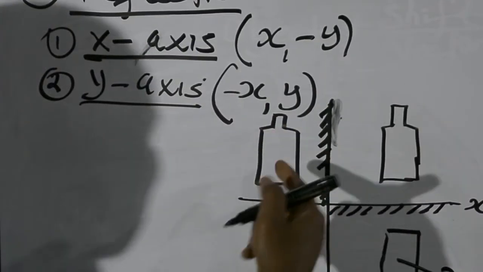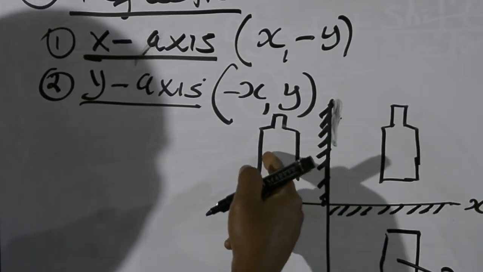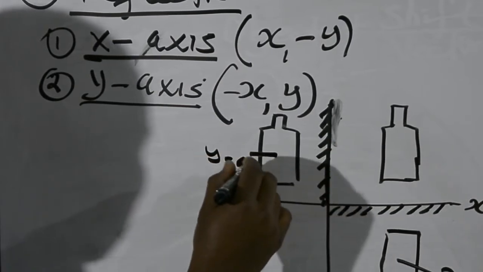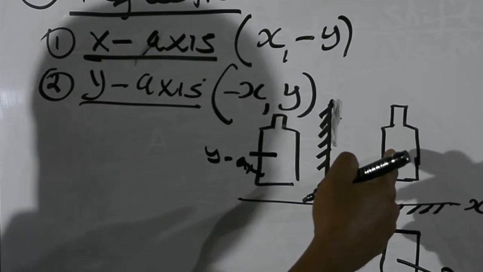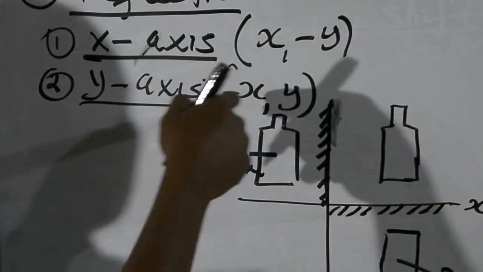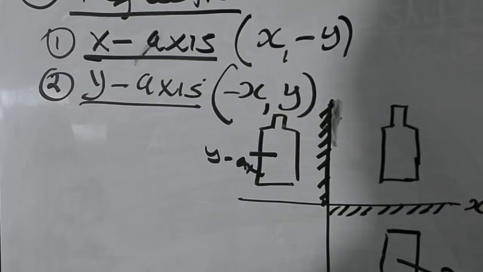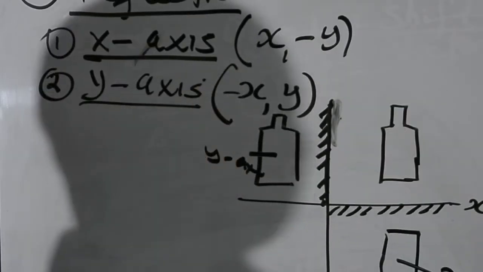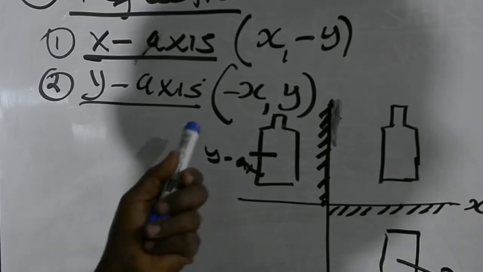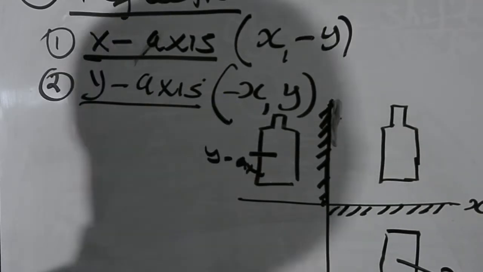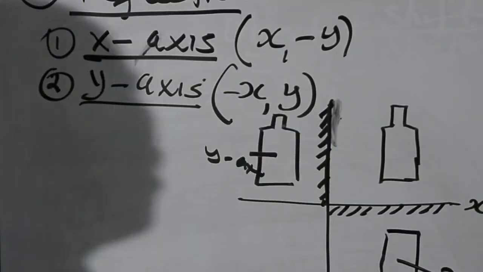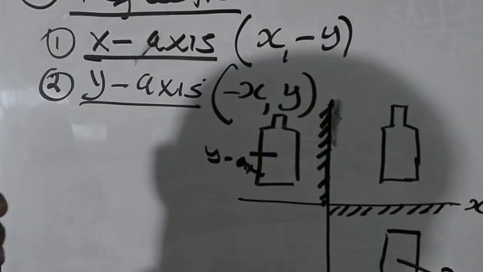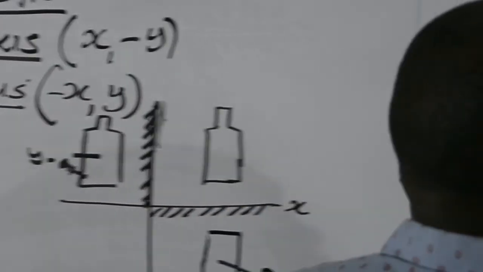Now if I put the mirror vertically, the image will be in this way. This is the reflection in the y-axis. So how will this object be reflected in the y-axis? This is the formula. The negative comes on the x and the y becomes positive. When I'm reflecting in the x-axis, the x becomes positive and the y becomes negative. And the reverse of that is in the y-axis. Now I want to use these two and just show it on that diagram there. So let's see how we can reflect this.